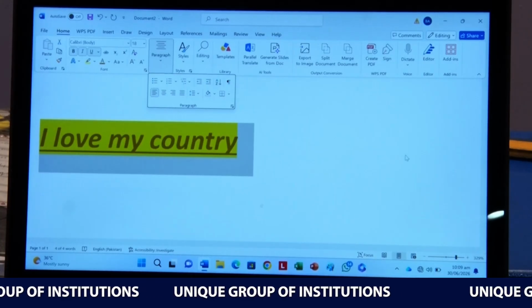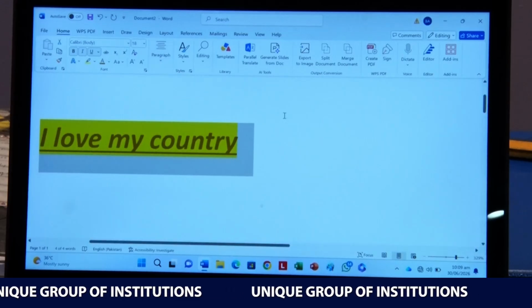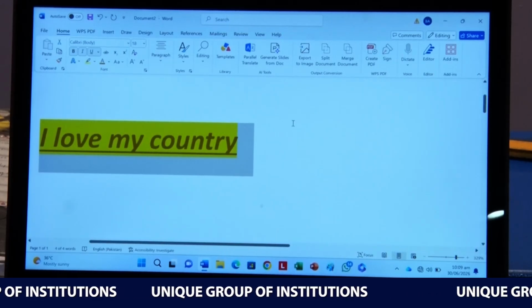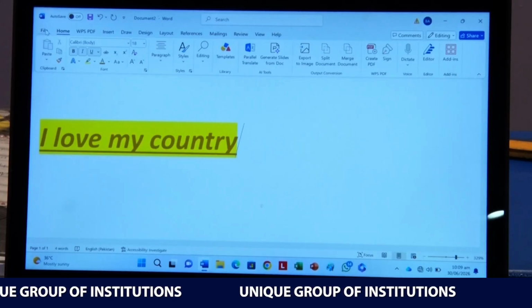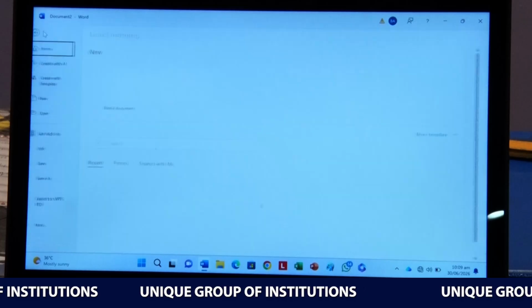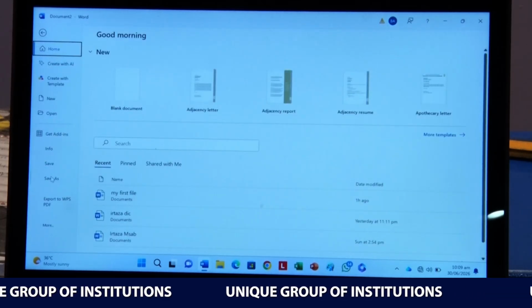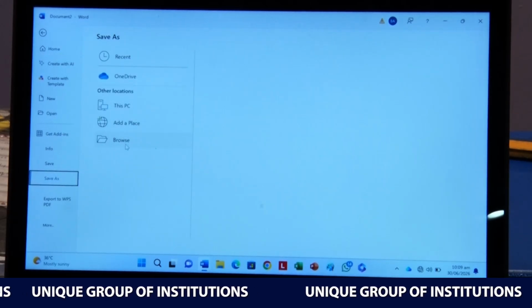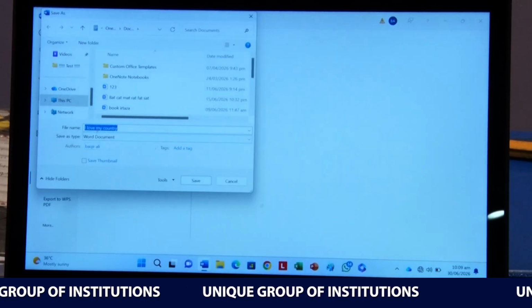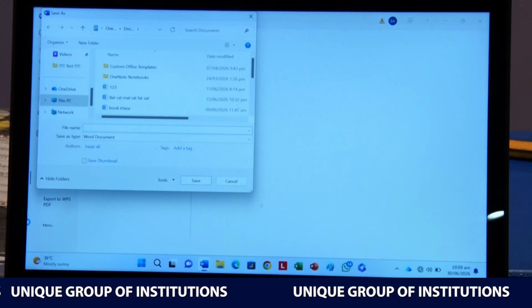Now on page 28 and 29, you learn how to save your document. To save your document, you have to click on File. After it, you have to press Save As, and then move to Browse and write there any name of your choice.